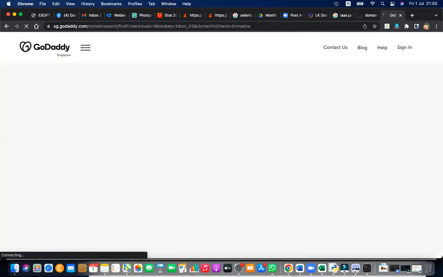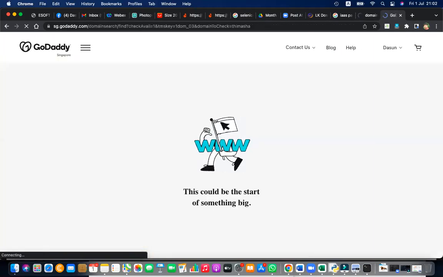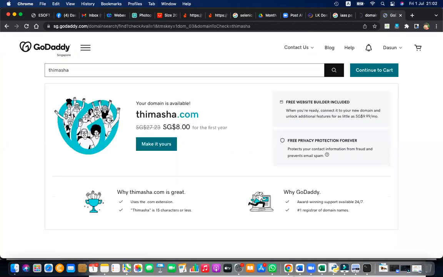Okay, let's search for a domain and you can see. On GoDaddy, it says the domain is available for only Singapore $8. I think we have access from the Singapore side. It says Singapore dollars, and you can buy it if you like. Likewise, if it is globally available, see how fast it is searching. It is searching very fast and listing and telling you, I found the domain.